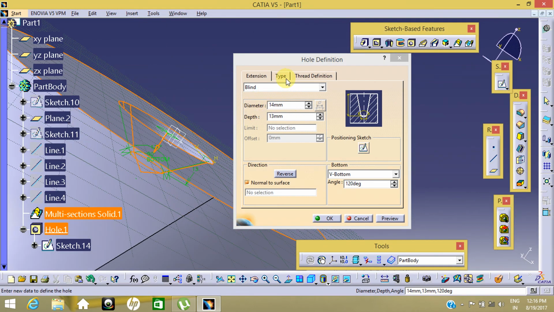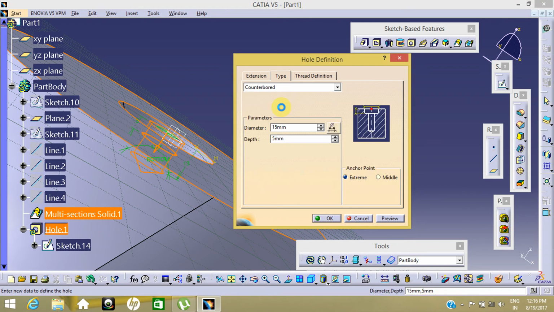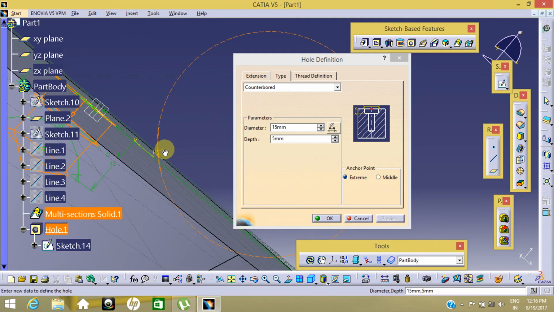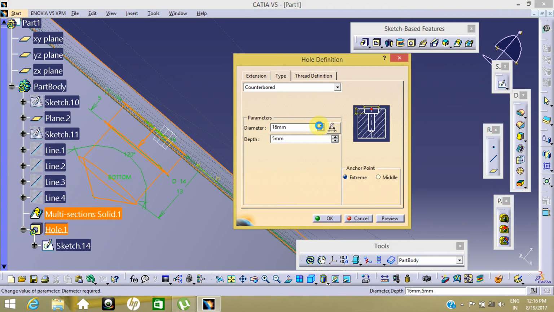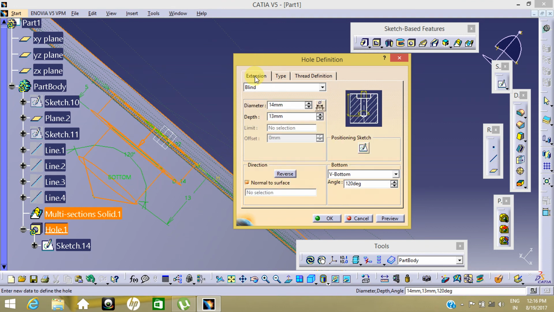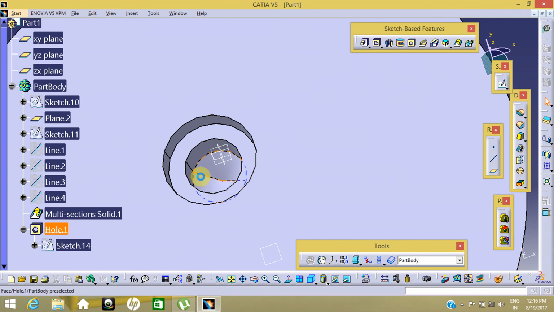If you want to create another type of hole, that is the last and different type of hole, that is counter drill. First a simple hole, then a taper hole, then again a simple hole, like this. You can see here first a simple hole, and then taper, then simple. So you can control the dimensions of the radius. You can adjust the angle also here,